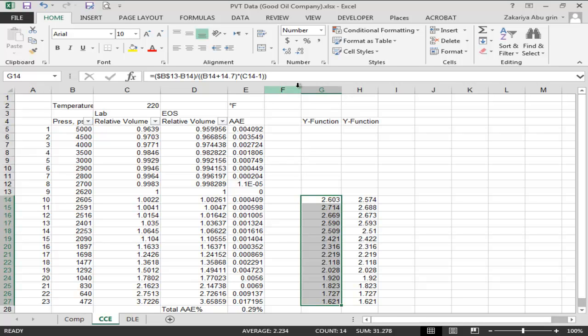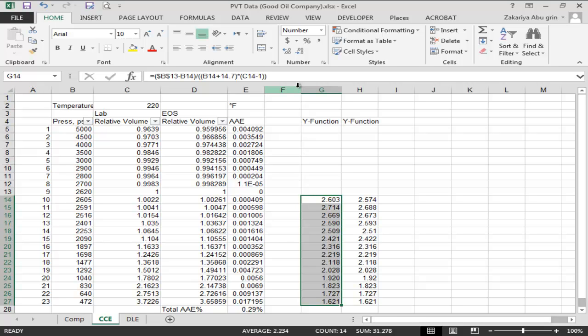And you will see that we could calculate the same values that the lab has reported. The lab will sometimes report the y function to you, and when you calculate it, you will be able to see that you can produce the same values. So now